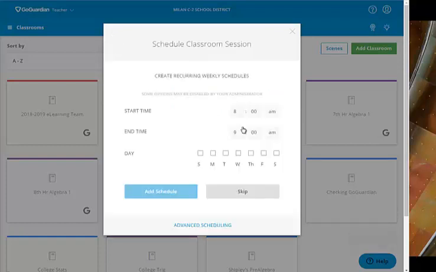This is what I do with all of my regular classes, is you can set it up to have a reoccurring weekly schedule. I could go ahead and say that we meet second period of the day every single day, but that's not true. Well, we do meet second period of the day if it's a regular class, but Wednesday the time will be different because of our 2 o'clock release. So you can do Monday, Tuesday, Thursday, Friday, but to be able to do each day individually, you go to